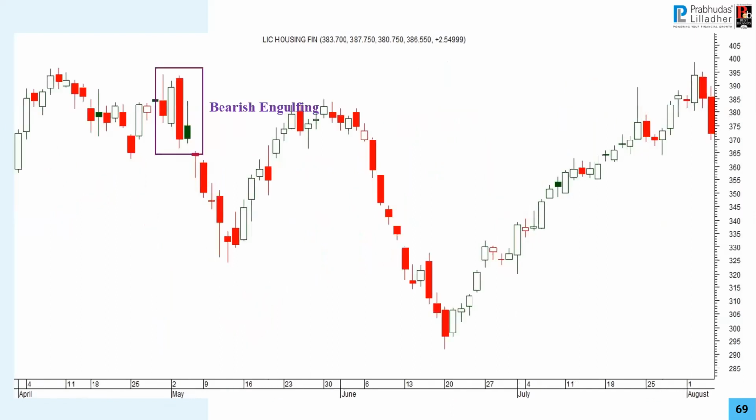Similarly, here is another example of LIC Housing. So the minute, you may not wait for it to close, but if the previous close or the previous low is broken, you can see that yes, it is getting ready for a